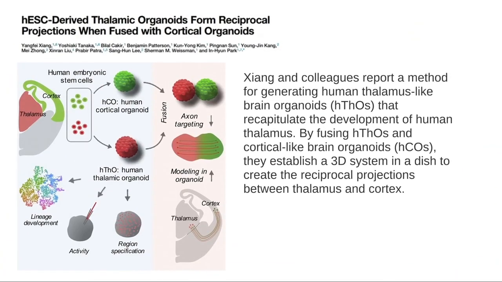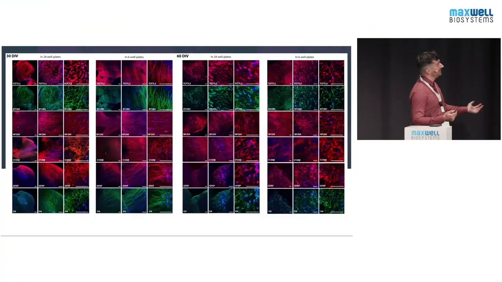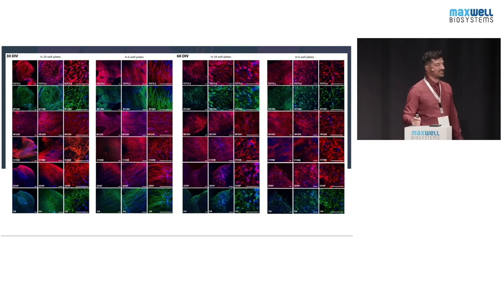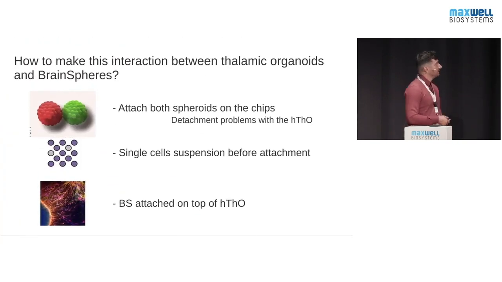So what we are doing now is we generate thalamic organoids. We took this amazing protocol from Xiang and collaborators. We spent some time first to characterize them, to make sure that the protocol works, because sometimes you see nice protocols in the literature, then you try and it doesn't work. We were lucky to see that this protocol works really well. Then, when we were sure that we had nice thalamic organoids with thalamic neurons, we moved to try to combine these brain spheres or spheroids